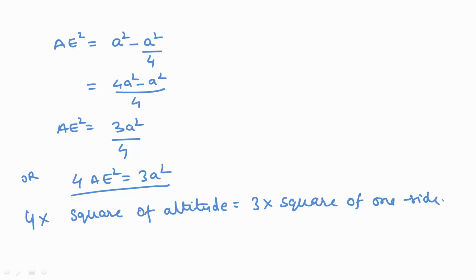So now see question number 17. Take the correct answer and justify: in triangle ABC, where AB is equal to 6 root 3 centimeter, AC is equal to 12 centimeter and BC is equal to 6 centimeter, the angle B is. Students, I hope you will solve this question in an easy way.